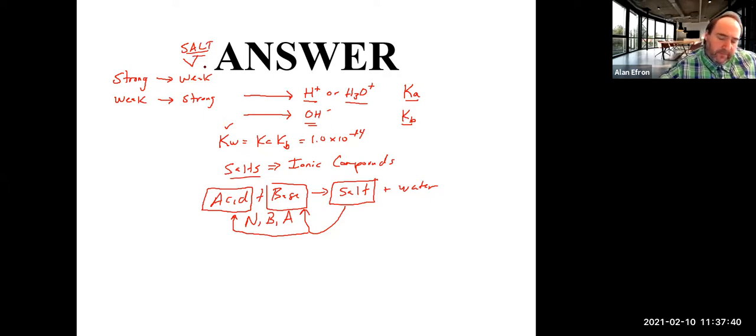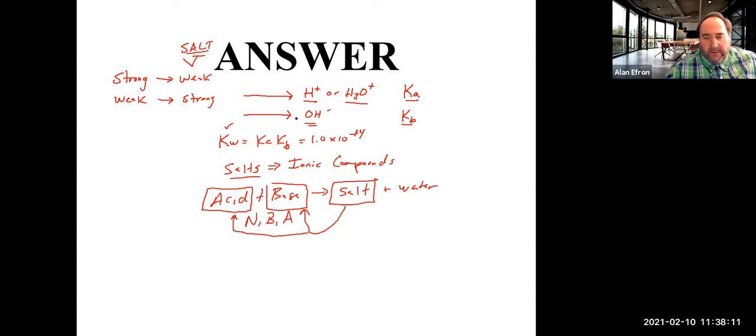So if that salt comes from, say, group 1 or 2 on the periodic table, as we talked about, group 1 and 2 is essentially where all of our strong bases are located. Things like sodium hydroxide, potassium hydroxide, barium hydroxide, all those kind of guys. Those are going to be pretty much neutral. They will not continue to react. If it comes from a strong acid like HCl, nitric acid, so forth, that part of the salt